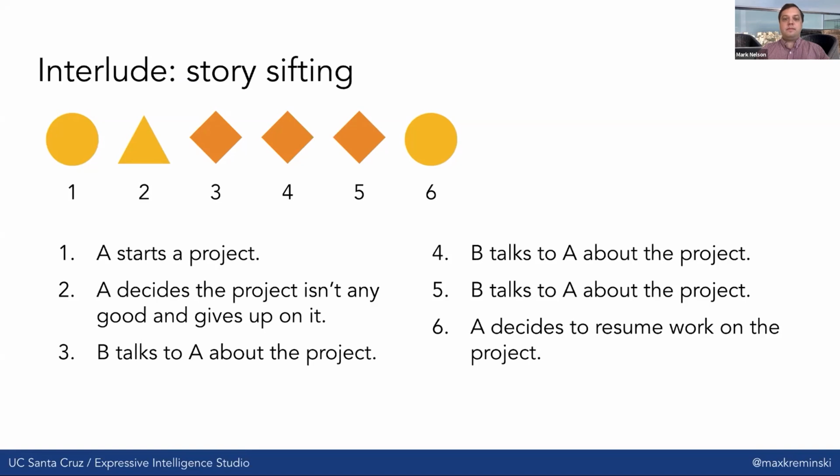So in this case, the micro-story we look at might be: a character A starts a project. The same character decides the project isn't any good and gives up on it. Then a second character B comes along and talks to them about that project several times, and because of B's interest, A finally decides to resume work on the project. So this is sort of a micro-story that could be woven into a larger plot,